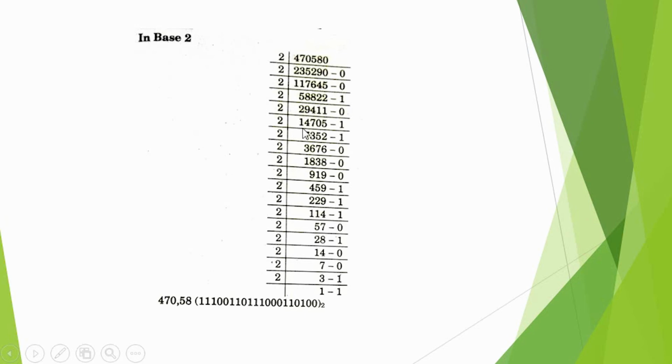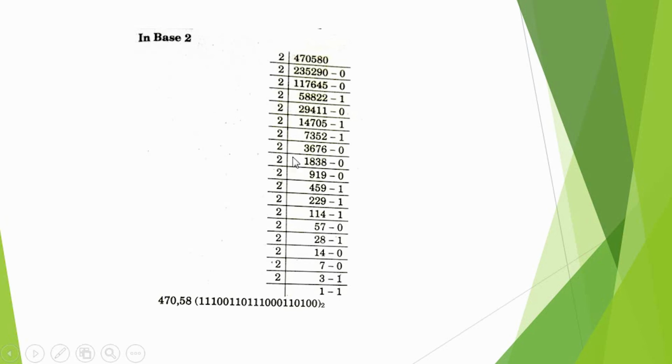Now 2 fives are 10. 2 eights are 16. 2 twos are 4. 1 becomes carry. 2 twos are 4. 2 nines are 18. 2 fours are 8. 2 ones are 2. 0 carry. 2 ones are 2. 2 fours are 8. 2 sevens are 14. 0 and 2 fives are 10. 1 becomes carry. 2 sevens are 14. 2 threes are 6. 2 fives are 10.